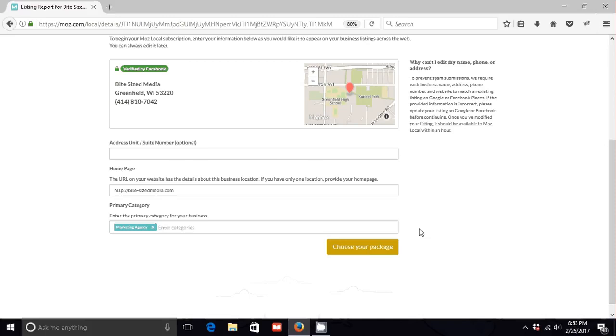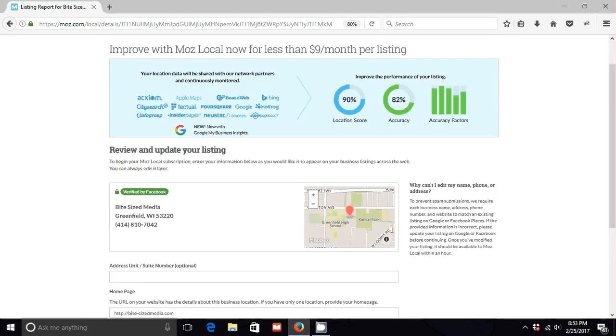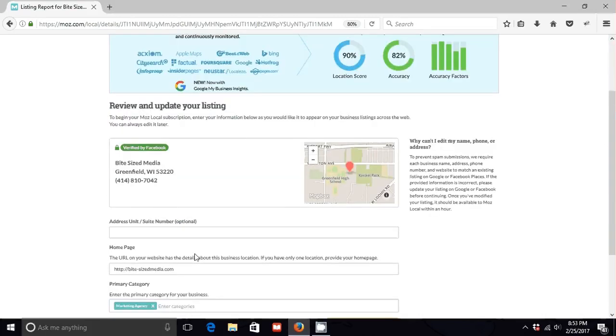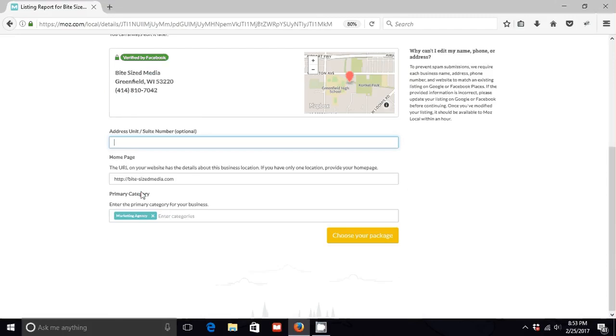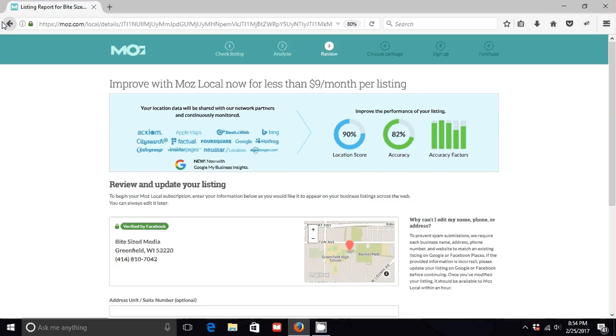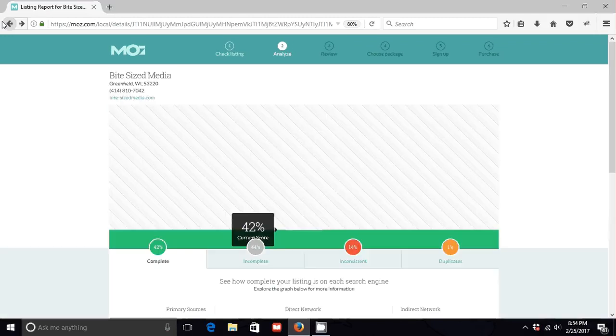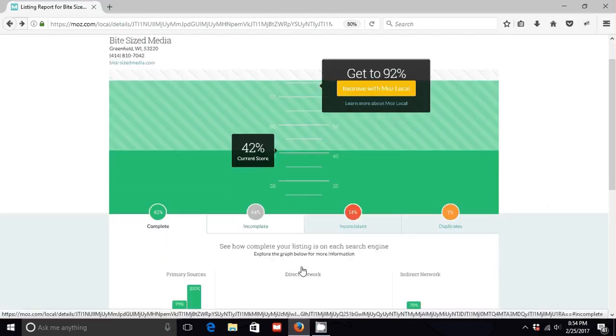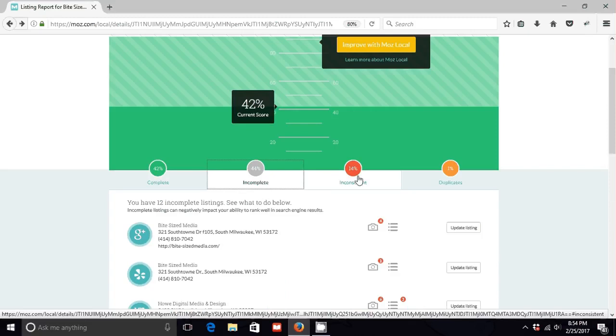Well, anyways, I guess it's giving us some issues. I'm not really sure what is going on, but usually, if you don't have a suite or nothing like that, you just make sure you have your home page and your category in there, and choose your package, and you'll get taken to this landing page where you have 3 options to choose from, and one being $99 per year. Basically you'll be able to go in there, and if we can go back to the other screen, you'll be able to go in here and fix each of these, and basically it'll repopulate, so you can see your update listing